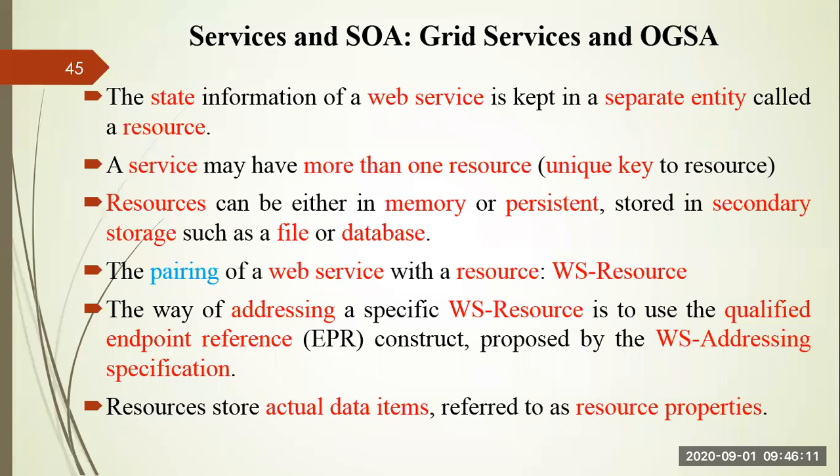But how can you distinguish one resource from another resource? By the help of a unique key. You have to define a unique key for each and every resource, so that you can locate the resources and assign the resources. Like I already mentioned, each resource has a MAC address, like your computer system has a MAC address, and you have an IP address as well. By looking at the IP address, you can locate the system, you can locate a particular network, right? So that resources can be mapped to a particular service.